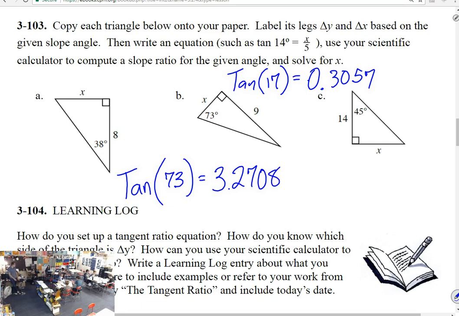How does this help us? This is real close to 3/10. I mean, it's pretty darn close. It's like 31/100ths barely. So it's really close to 3/10. This is pretty close to 3.3, right? Or 10/3. What we should see is that these are reciprocals, because all we did was look at the triangle